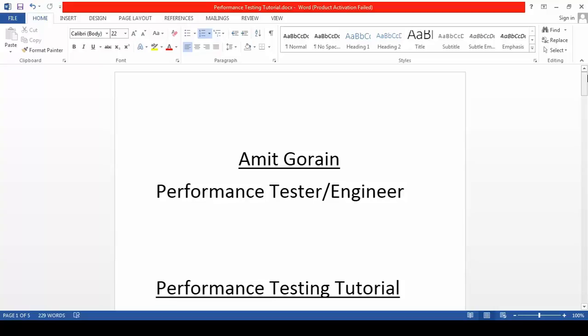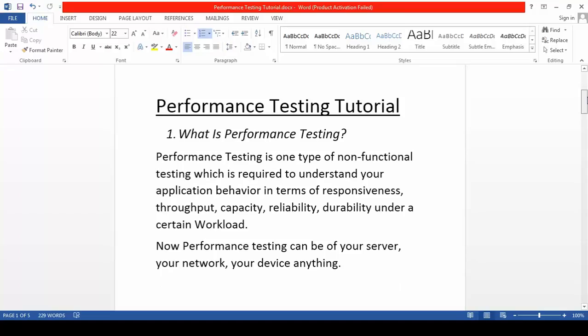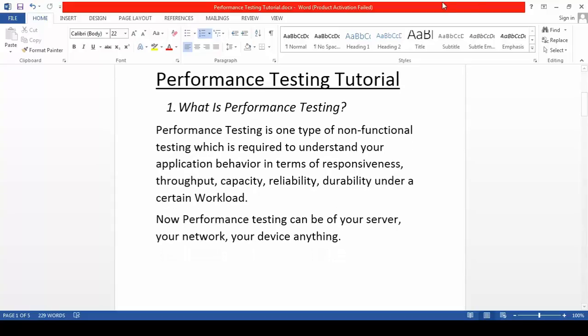So let's get started. First, what is performance testing? Performance testing is a kind of non-functional testing which is required to understand any application, whether it is a thick client or a thin client application.